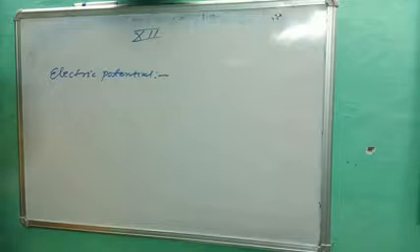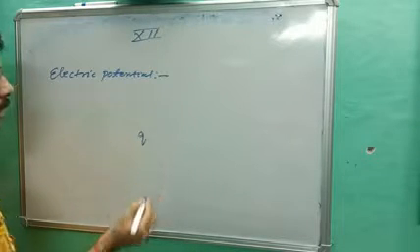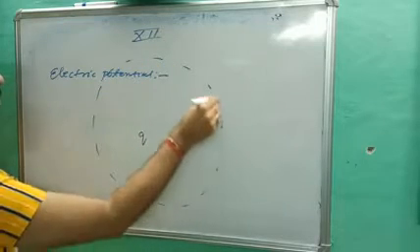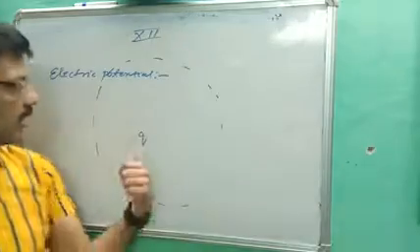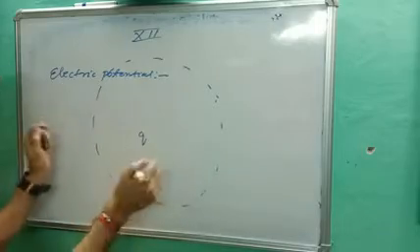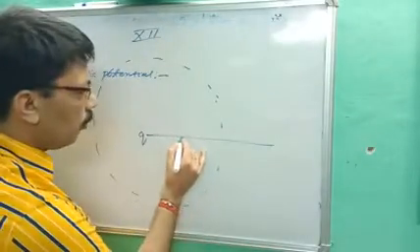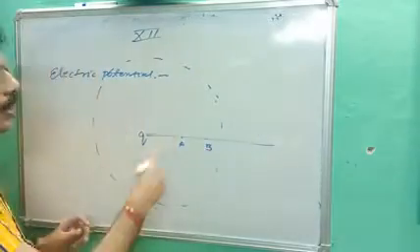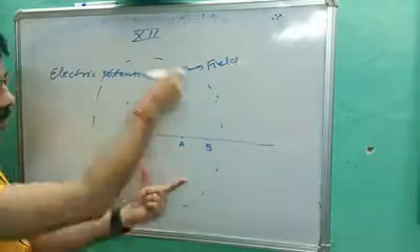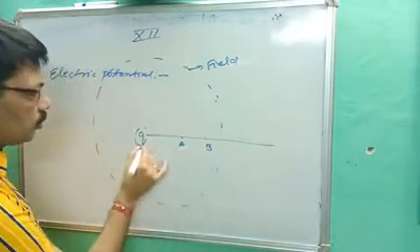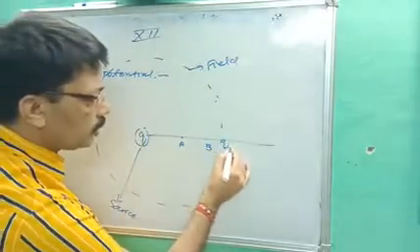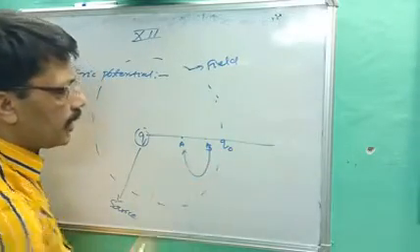Electric potential. See here, when any charge Q is kept in an isolated system, then the surrounding area till which it is affected is called electric field. Already taught. Let's suppose we assume 2 points, point A and point B, inside the field. Keeping in mind, these points should be inside the electric field. This is the source charge, and a test charge Q0 is brought from point B to point A.